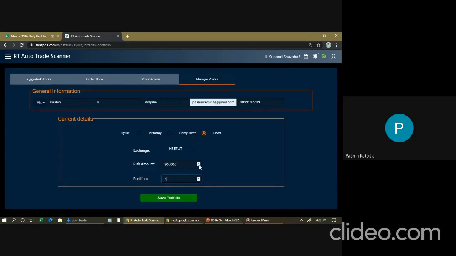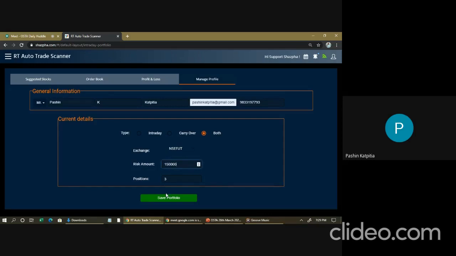So it is going to give you what you want. No, Mr. Surat, 3 positions means 3 different stocks. So the minimum apportioning it will do is it will divide 1,50,000 into a minimum of 3 positions for you.